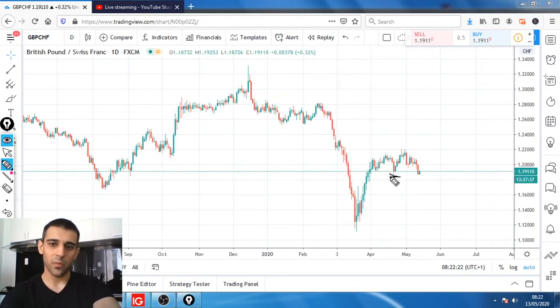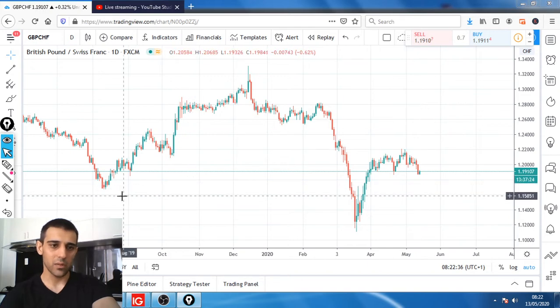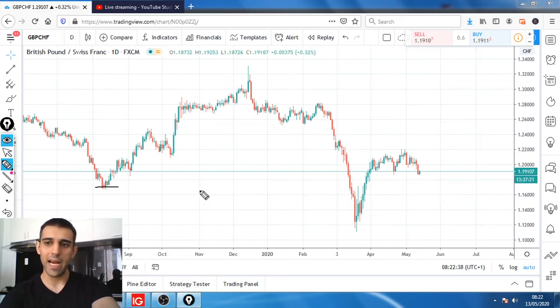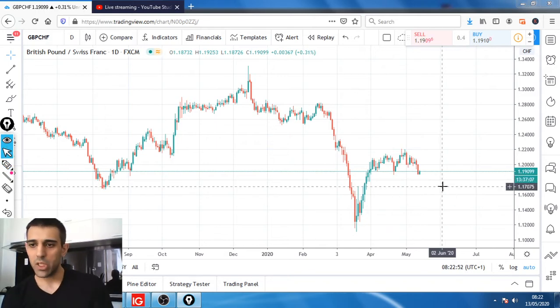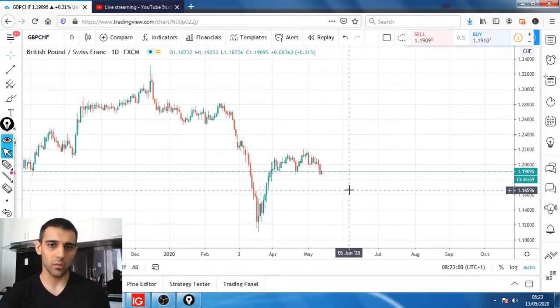So I think that if the price breaks this low, it's probably going to continue to fall at least down to this level at 117.00. This is more like a semi-swing to swing trade on this particular occasion. I'll definitely target these lows down here on the daily time frame, so 117.00. We have roughly 200 pips to play with, which is pretty good, and with about a 35 pip stop loss, that is very good risk reward.